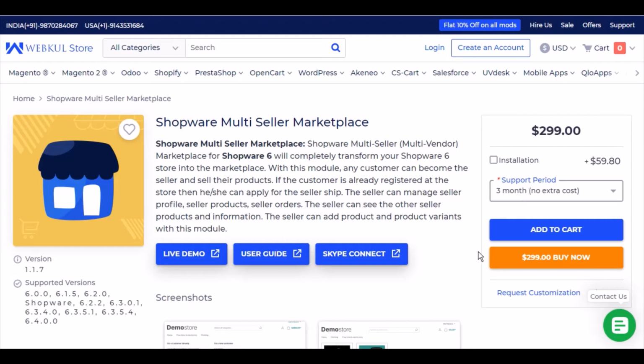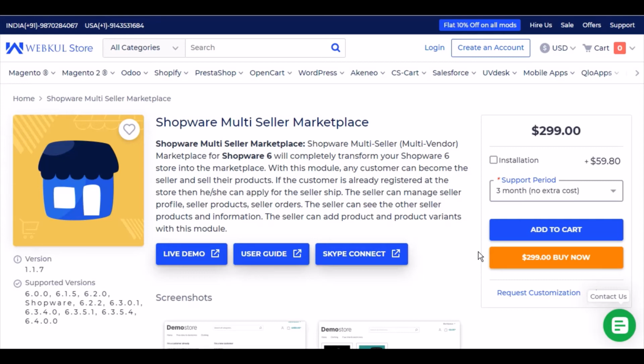Talking specifically about the seller's features, multiple sellers can register and upload their products. A separate seller profile will be there, shop logo will be there, then the seller collection page with the banner image, and then any customer can become a seller and can edit their profile information. The seller can add the minimum and maximum purchase quantity while creating a product. All sellers' products can be edited or deleted by the seller as well as the admin.